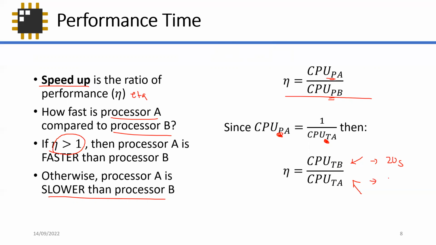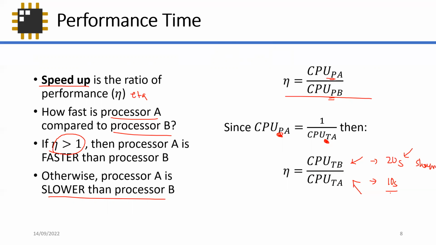And it also makes sense because, let's say processor B takes around 20 seconds and processor A is around 10 seconds, it's very obvious that processor B will always be slower because it executes in 20 seconds. If you analyze the data clearly, processor B processes a program in 20 seconds compared to processor A, which executes it in 10 seconds,